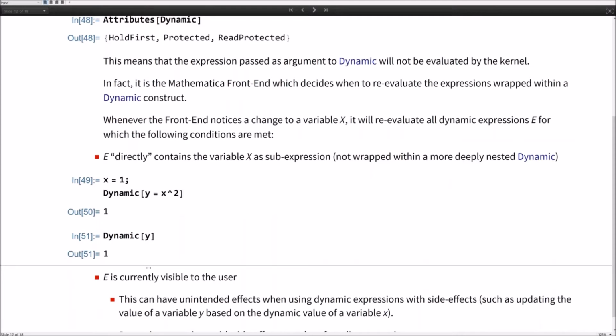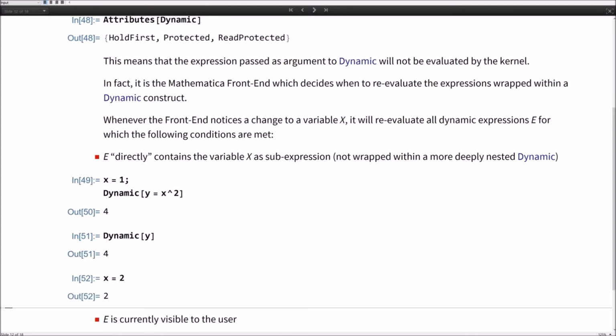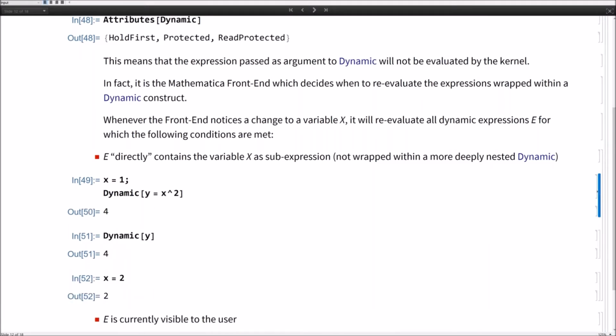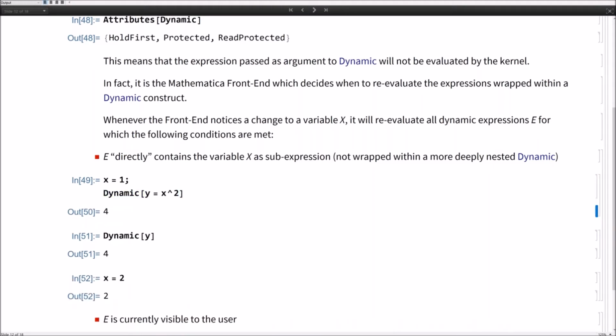And we set x now to 2. Then this Dynamic here updates the variable y, but it does it only when it is visible. So if I'm hiding it from the user interface, this can happen just by scrolling,